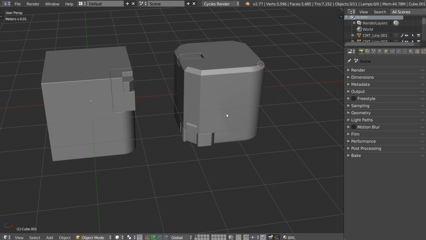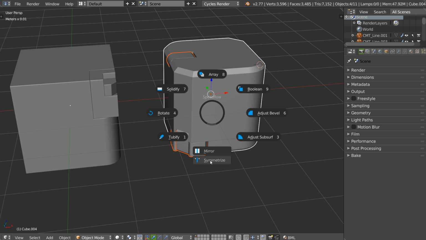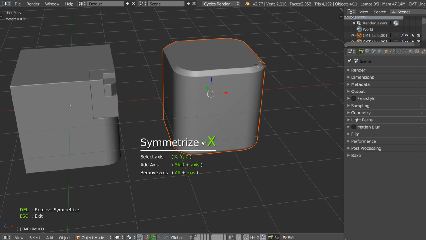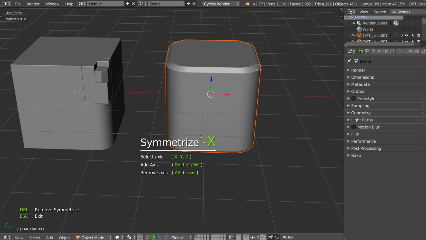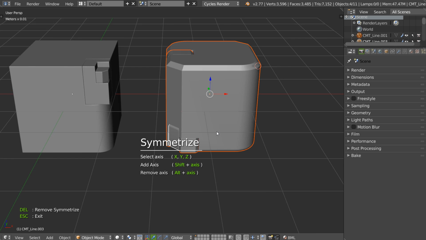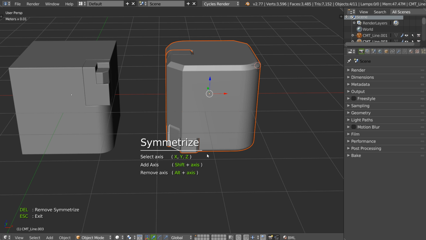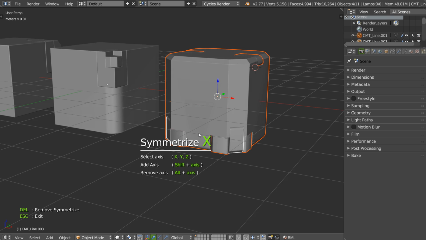For this last one, I will select the object. And I will make a symmetrize. As you can see, I'm directly in a negative X because I work all of the time on this side and not on this one. But if you want to change this, you just have to make Alt X, and you can just click on X and click here if you want this here. And as you can see, this is okay.